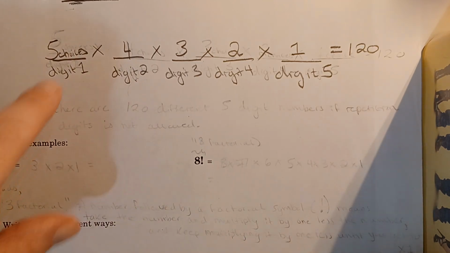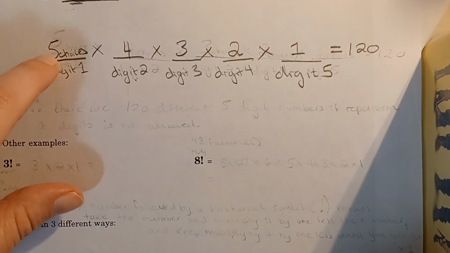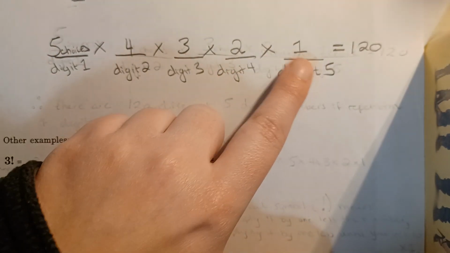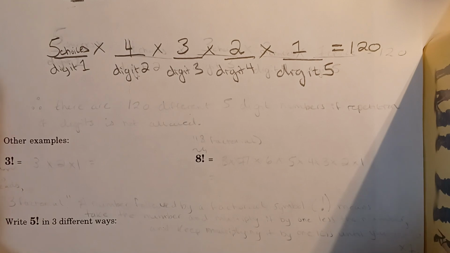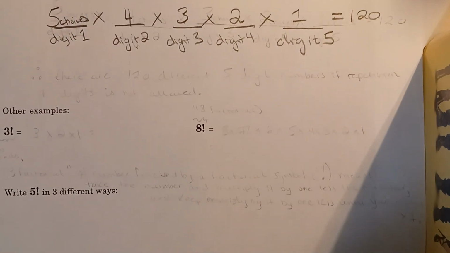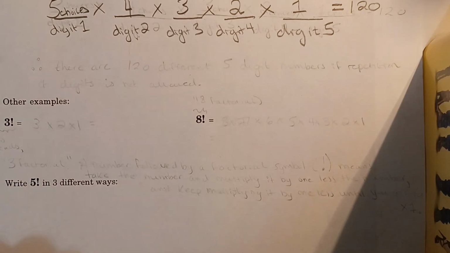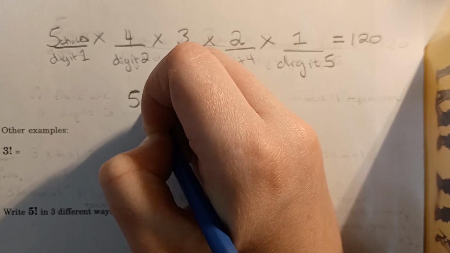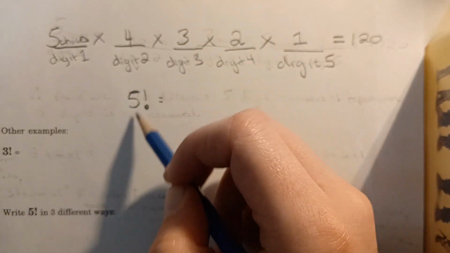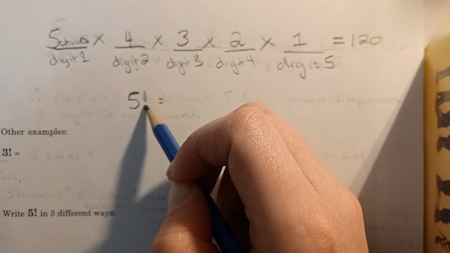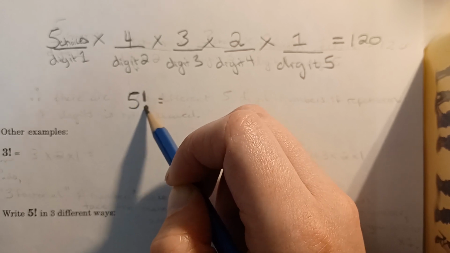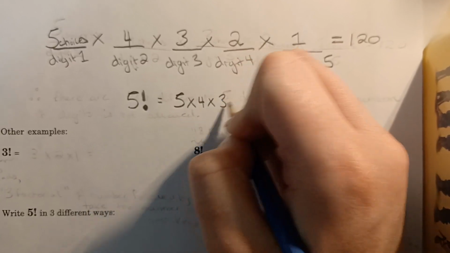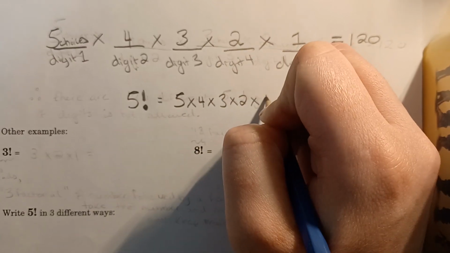Whenever we see something like this, a number multiplied by 1 less, by 1 less, by 1 less, until you get to 1, we can express that using something called factorial notation. So we can actually represent this as 5 factorial. That means take the number which is right before the exclamation mark. In math class, we call that a factorial. Write down that number, multiply it by 1 less, 1 less, until you get to 1,